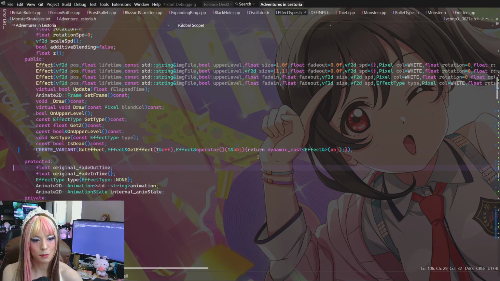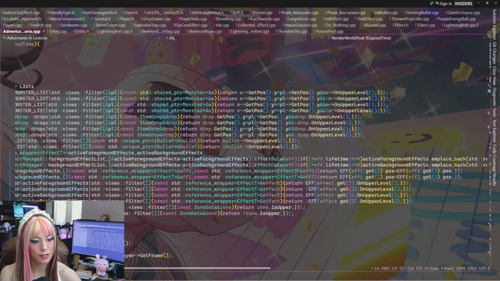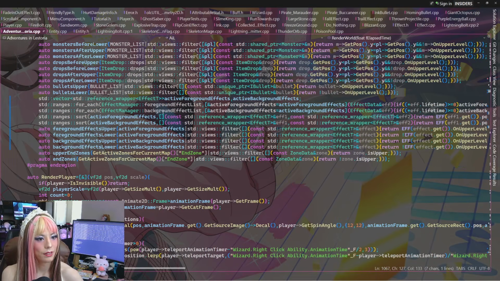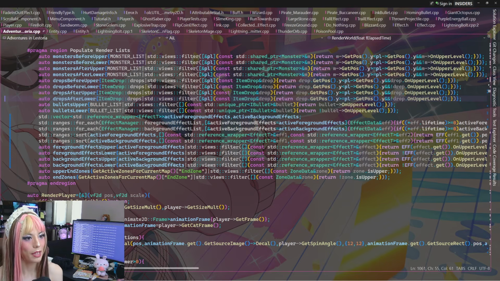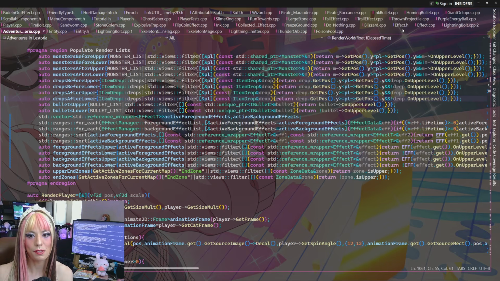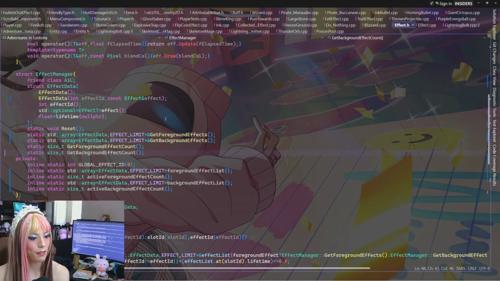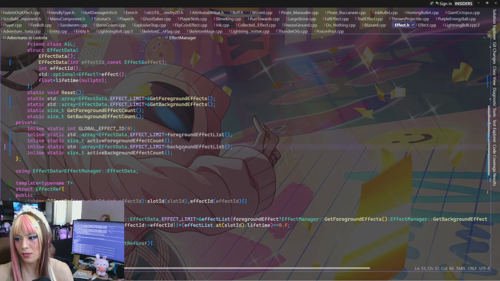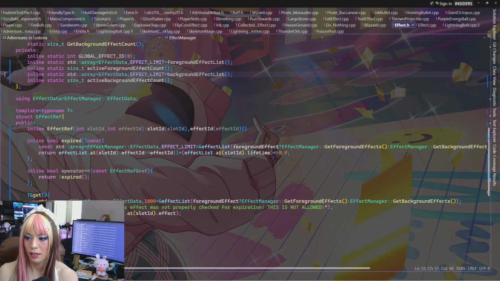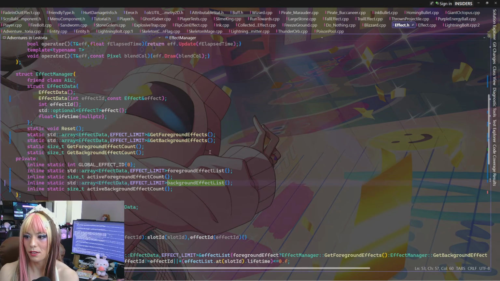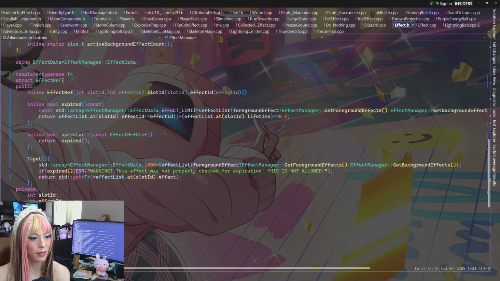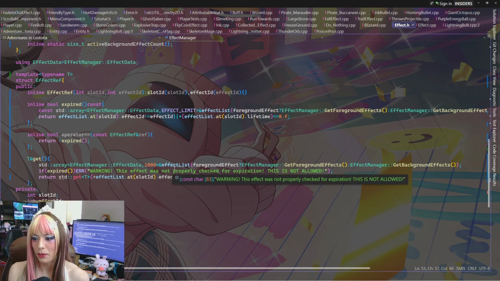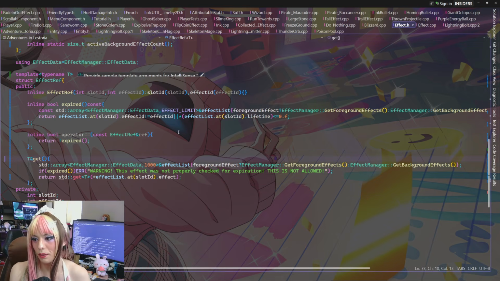Are you using a storage buffer? So I'm using a standard array that's of a fixed size, and we have this effect reference. Where is my stuff? We have this effect manager, so it holds these two lists, and then if we want to reference anything, we get an effect ref out of add effect, which is somewhere else. An effect ref basically works like a weak pointer for any given slot.